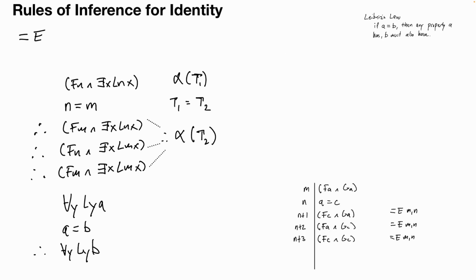Suppose you have m equals m. Here you have a whiff with the term m appearing in it twice. And suppose you have m equals n. Then you can swap n in for m in some or all of the places where m appears in the first whiff. So you can derive n equals m by swapping n in just for the first occurrence of m,